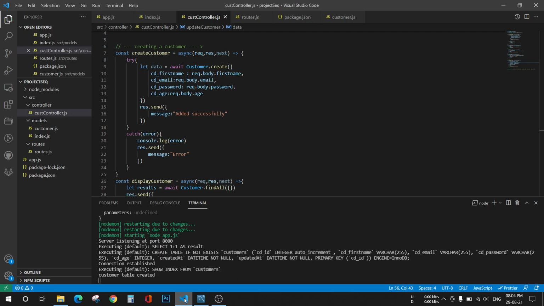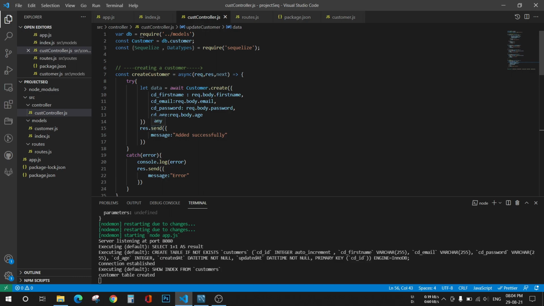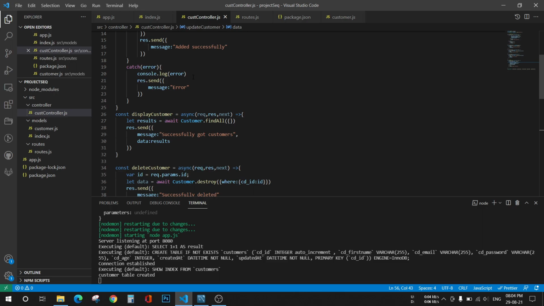So today we will make a login functionality for our Node project. I'm using MySQL database. You can also use MongoDB. I'll just mention the link because I'm using Sequelize here, because Sequelize makes the code easier and much more compatible as compared to the long queries that you have to write. So here is my project, and here as you can see this is my customer controller, and this is my create customer API, as well as my display customer. I'll quickly show you.